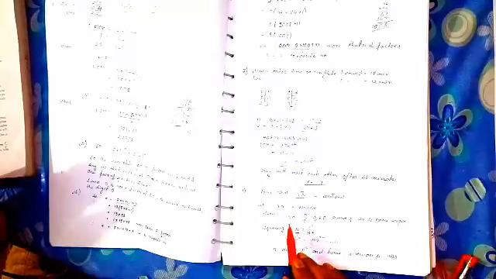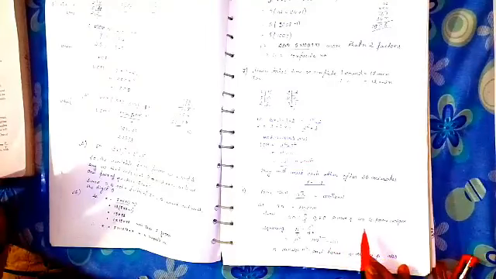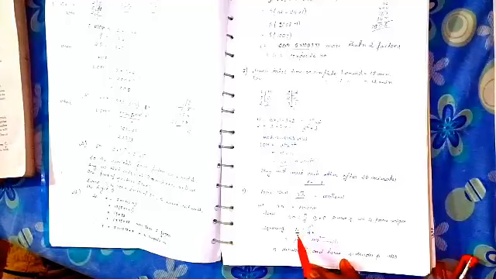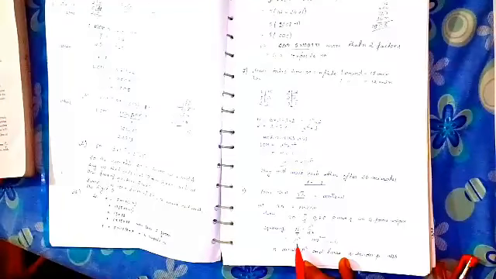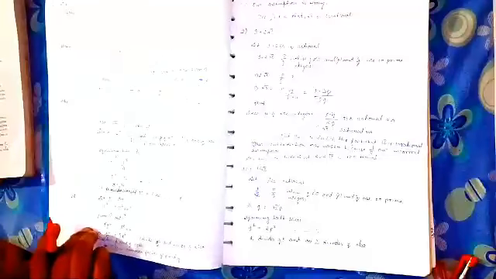Hence root n can be written in the form of p by q, where q not equal to 0. p and q are co-prime integers. Now squaring both sides, we have n is equal to p square by q square. So p square is equal to n q square. This is equation 1. Now this suggests that n divides p square, hence n divides p.